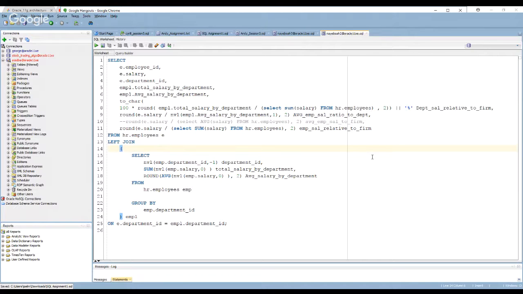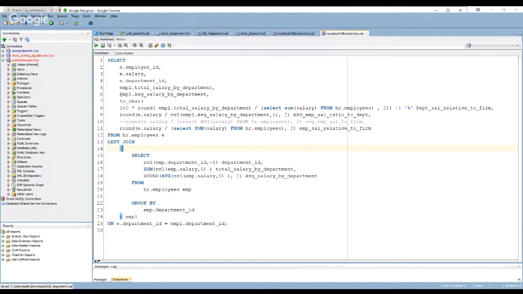Okay, so the first question is to find out how much each department's salary is relative to the total. What I did initially, if you look at the inner query, was select by department: I took the department ID and found the department.